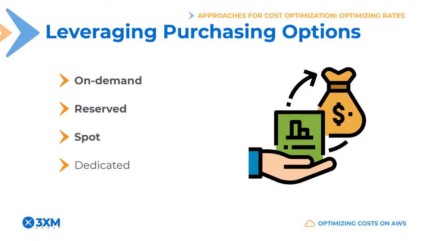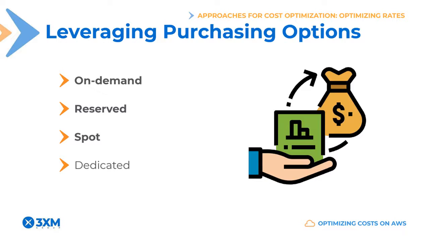So the reasoning behind reserved purchasing options is very simple. You ensured continued business for AWS for 1 or 3 years, and in return, you are rewarded lower rates. Then we have spot. Now, if savings is your goal, you should definitely look at spot. Essentially, spot is excess capacity that Amazon offers at very low prices compared to on-demand, up to 90% smaller in the case of EC2. As of today, the spot purchasing option is only available for EC2 and Fargate.